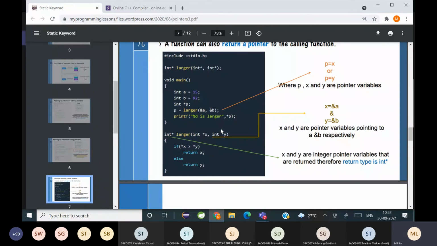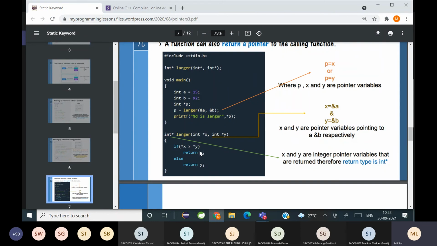I just showed you an example how to use pointers. Then you check whether x is greater than y. Since you're checking the values, again you have to write pointer x greater than pointer y. If true, you return x.